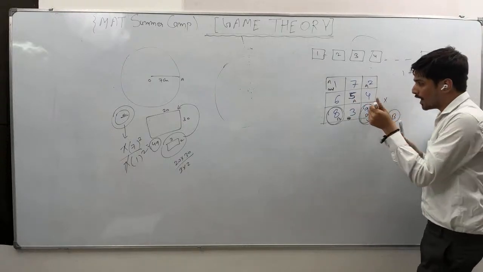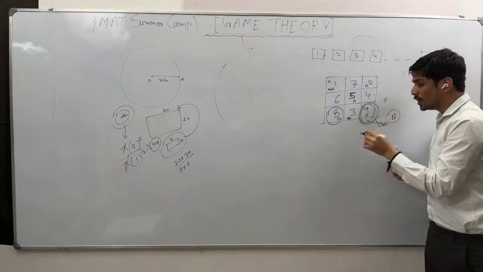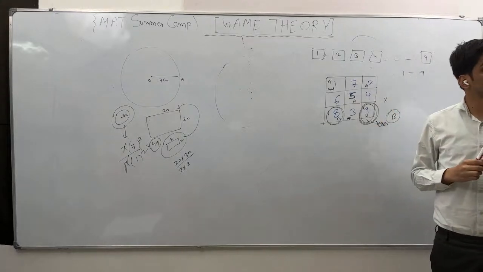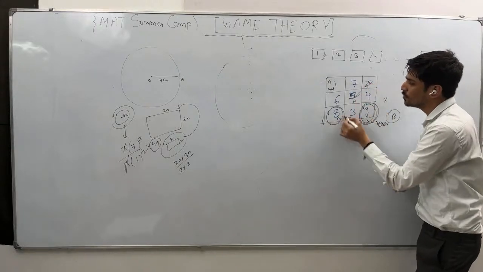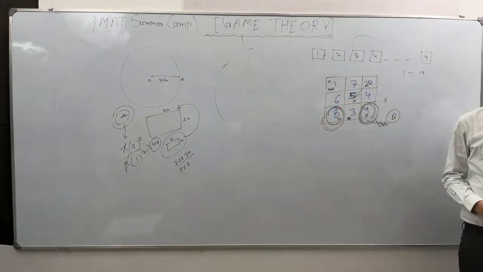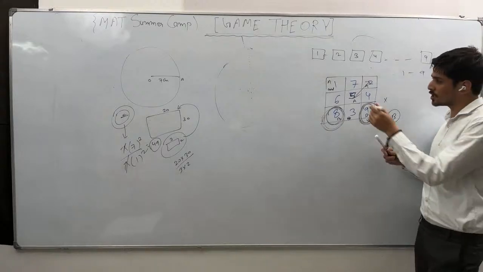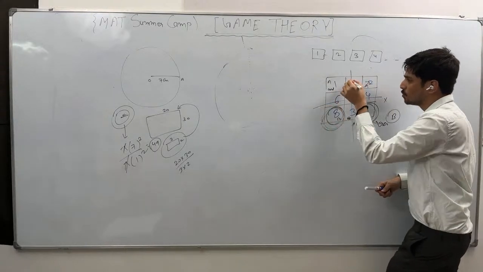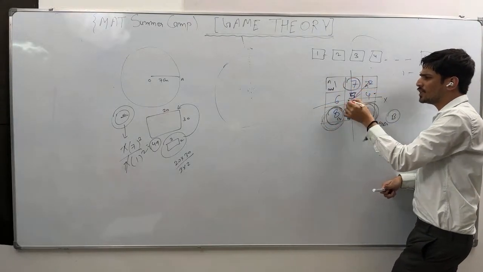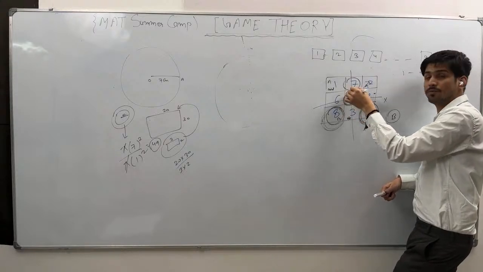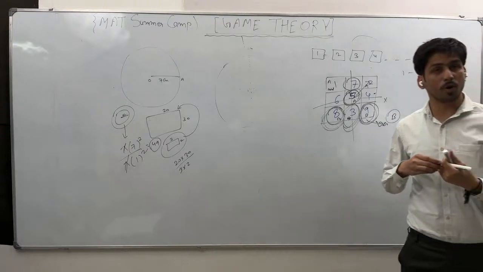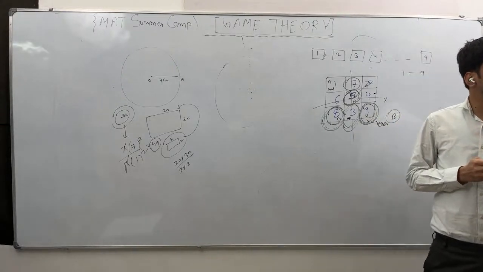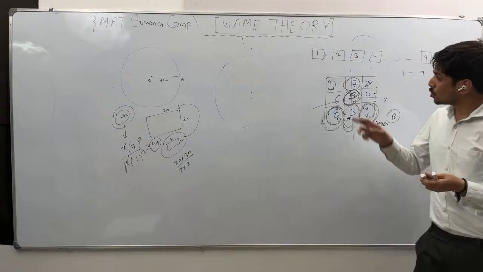It means while choosing the last diagonal, it is only B that has the option to choose. If B has the option to choose, then no matter which diagonal you start from, B will be able to stop you. Is it clear? No matter which diagonal you start, if you take 7, and B plays anything else, B is aware that 7 plus 5 is 12, so definitely B will take 3.